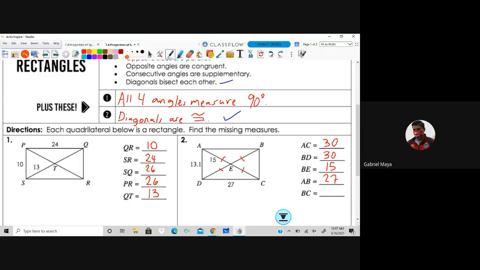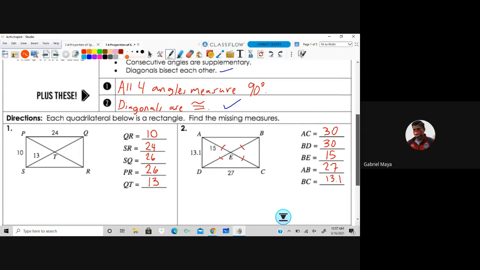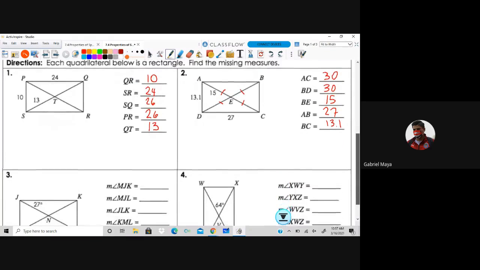You guys are on fire. All right. What about BC? 13.1. Very good, 13.1. Yeah, because BC is opposite of AD. And if AD is 13.1, BC is 13.1. Okay. Seems easy, right? Well, we're going to do these ones because now